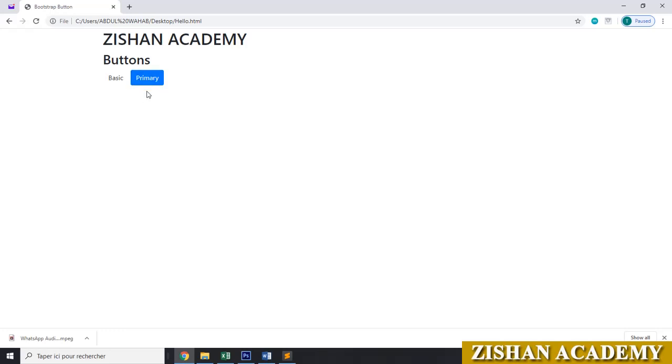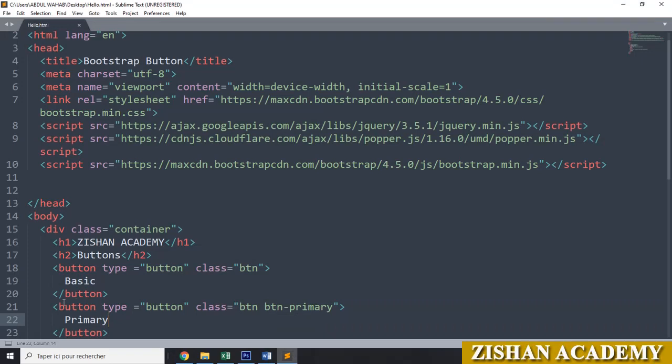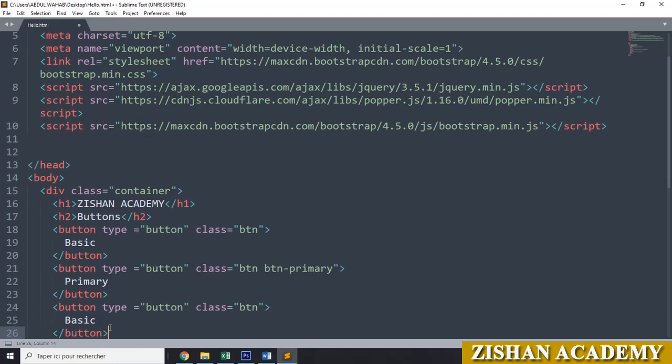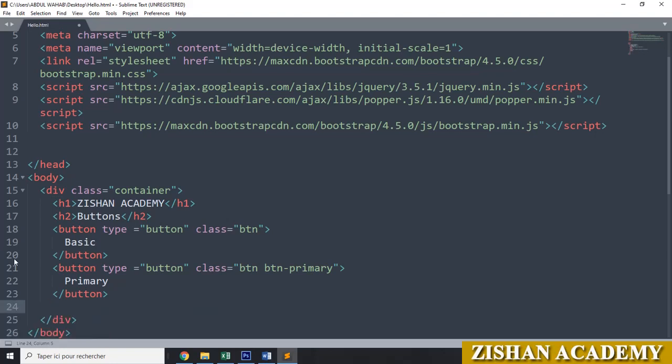Now we'll go for some more buttons here. Just we will go for the third button, and here we will make it here. I think it's better we will copy this one. You just copy this one. Control C, and we will paste it here. Control V. Now button primary here. We will go for second one.